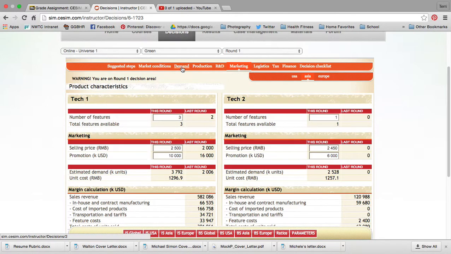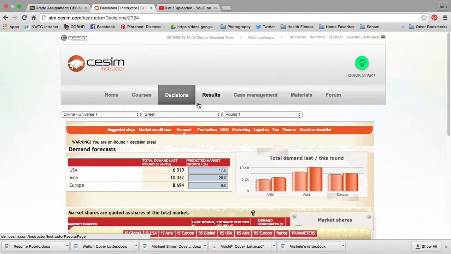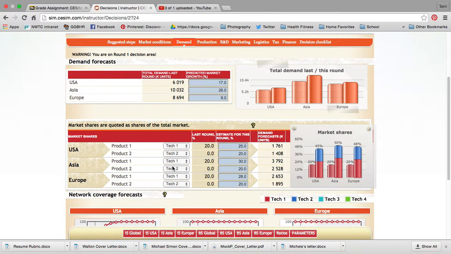The other thing that you will have to remember to do is if you research and design some product, make sure to select it in this Technology 1 and 2 section. So pick your product here, estimate a percentage of market share, and then go back into your production and research or your marketing, and you can start to add them in those areas. So if you don't see them, that might be why. Also remember that this is market share. So this isn't the percent additionally that you're going to be selling. This is how much of the market you want.